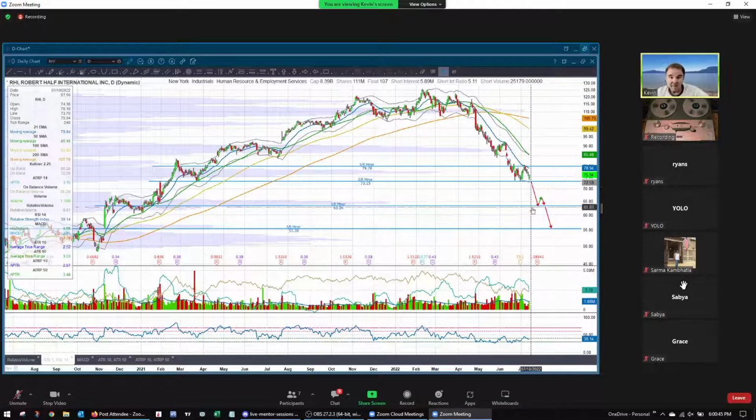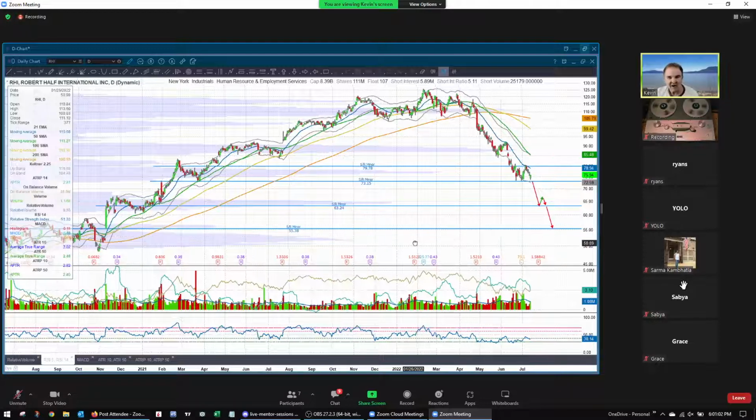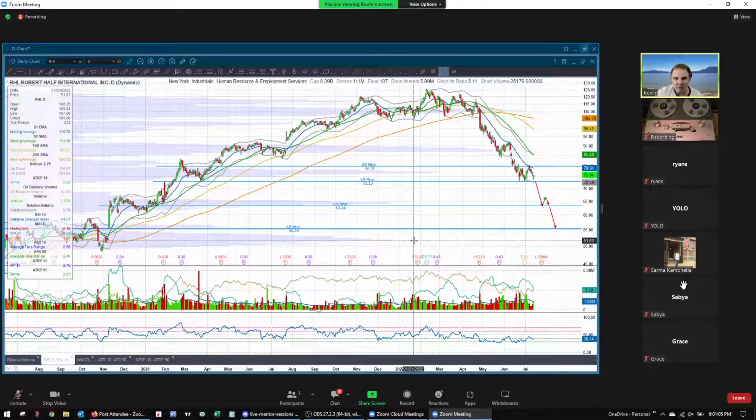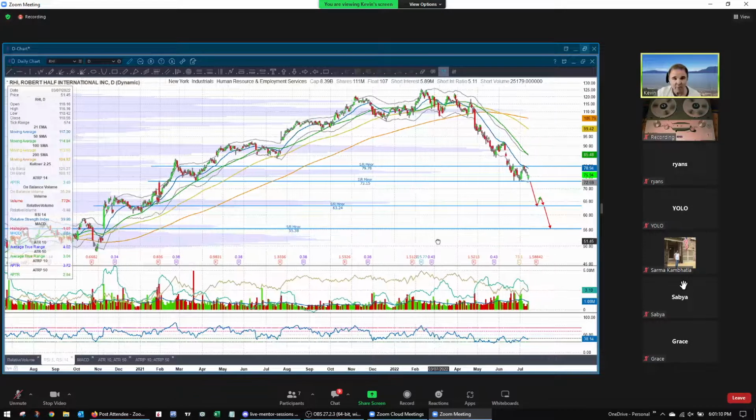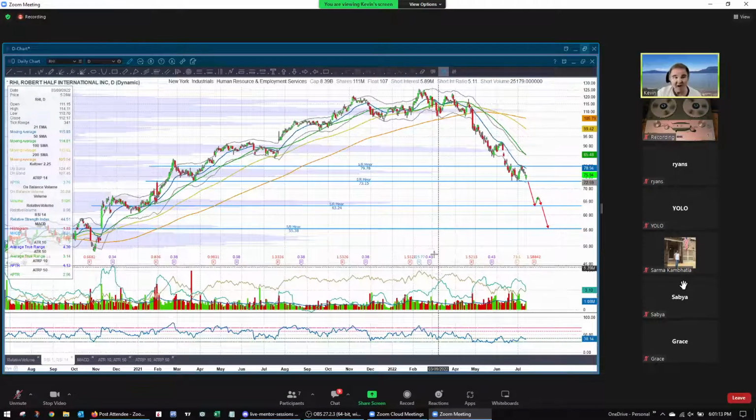This is the kind of action that I'm expecting on an earnings release, because I think they're going to guide down. They're going to say, look, we've got some headwinds, we're not selling as many of our services. People aren't looking for employees as much, people are laying off, and they're going to be guiding their forward revenues down, which makes it a good play for putting puts on. But because this is earnings, I don't want to just be buying puts. I want to have a chance to make some of my money back if I'm wrong. All right, so let's take a look at this one.